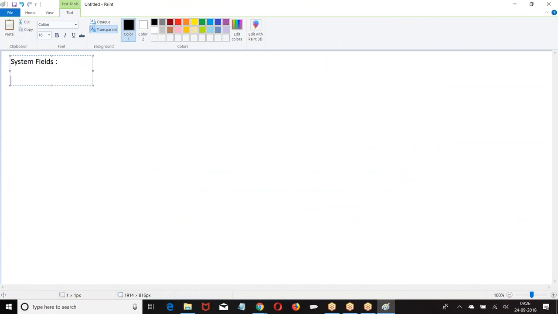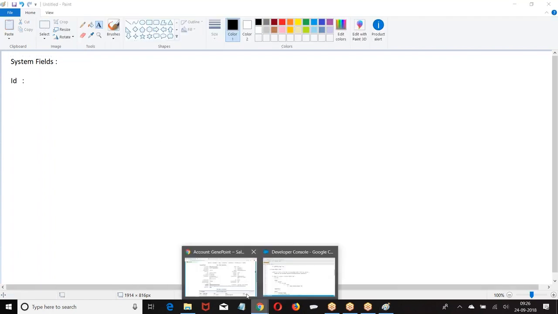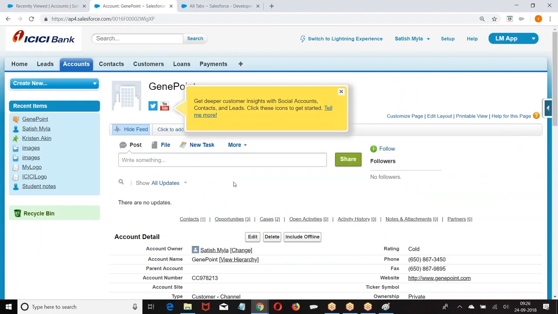Now try to understand. We'll start with some of the system fields, because they are created by Salesforce and the data is also entered by Salesforce. First one we'll start with is ID. What is this ID? Look at this.